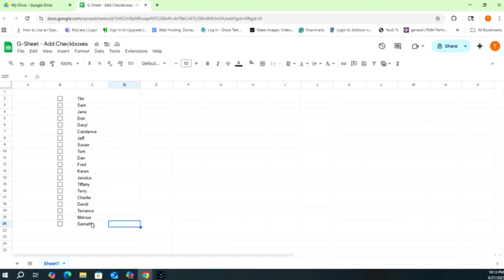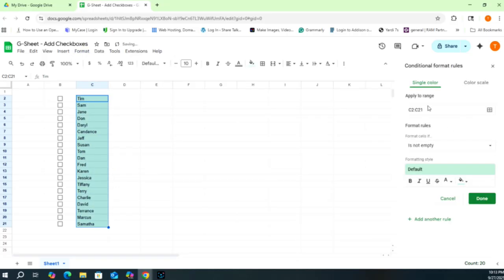But I want to go a step further. I want to format this data such that whenever I check off the checkbox, it scratches out the name in column C. And to do that, all I have to do is add conditional formatting here in column C. So I'm going to highlight this row of data, the names. I'm going to go to Format, Conditional Formatting, and this is my range, the data that's in column C